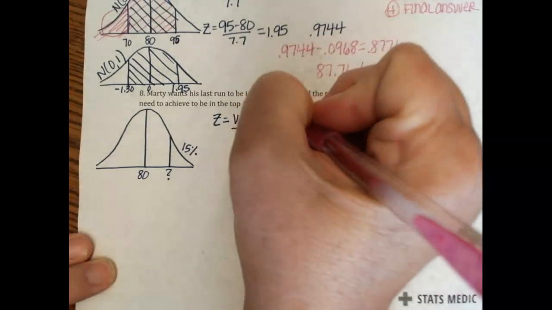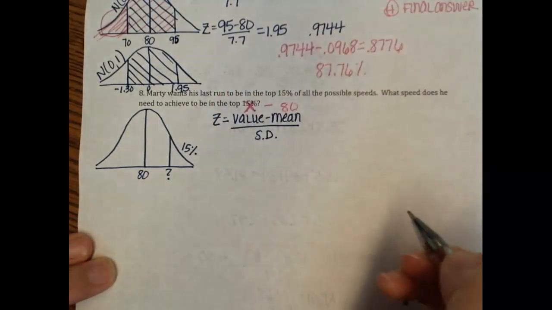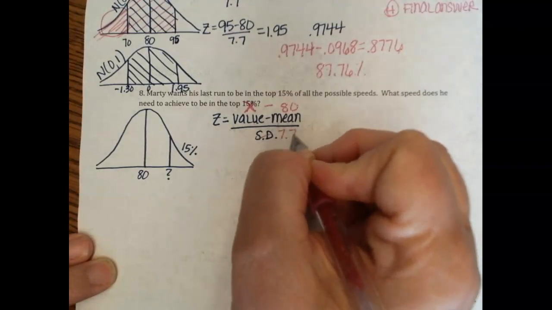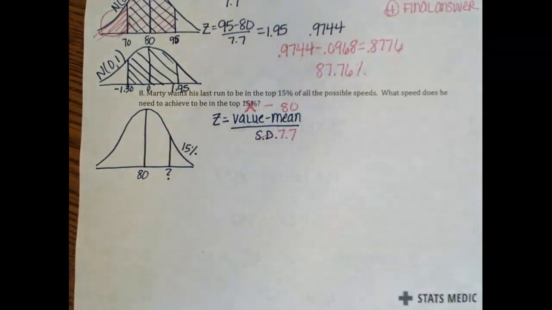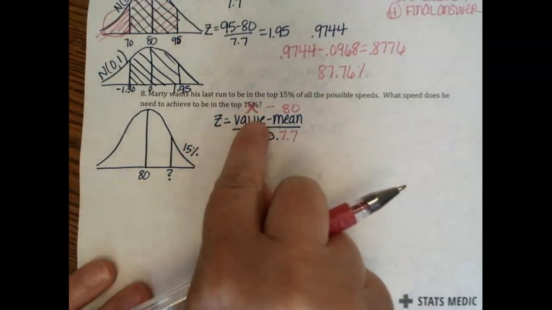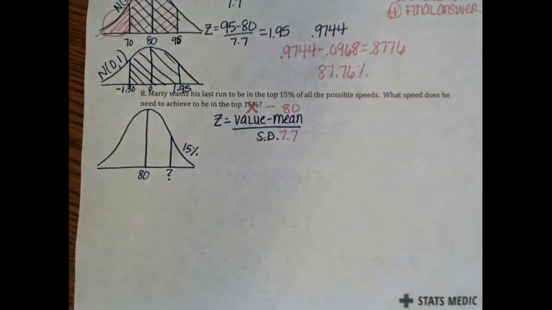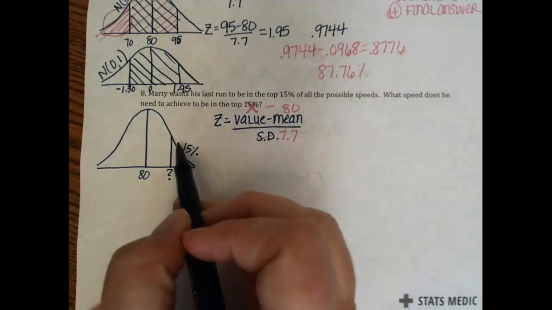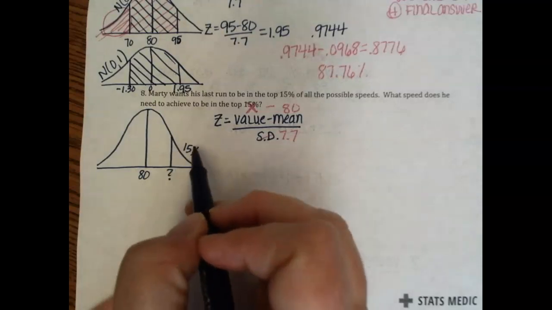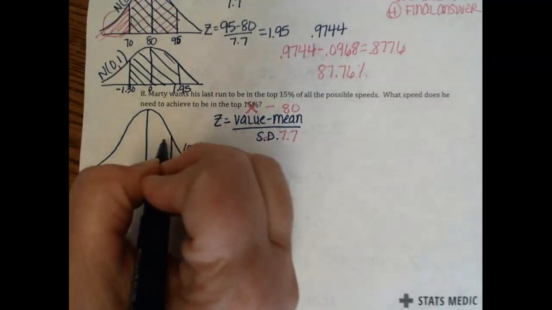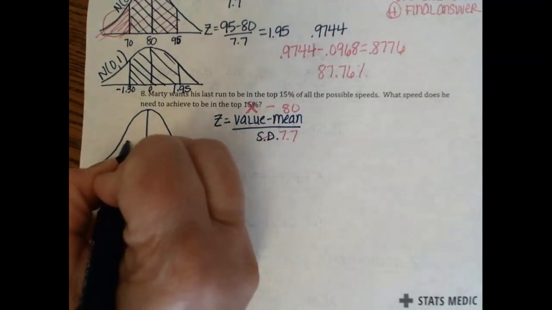We do know this, so we have x minus 80 divided by 7.7. So I have two unknowns right now. I don't know the z-score line, and I don't know the value. Well, how do you handle that? I can actually find the z-score because I know this percentage. And more importantly, I know this percentage. This is 85%, which would be written as